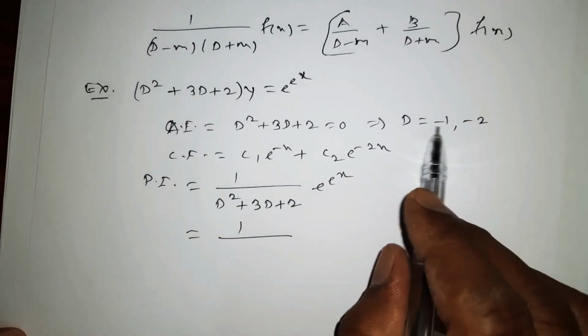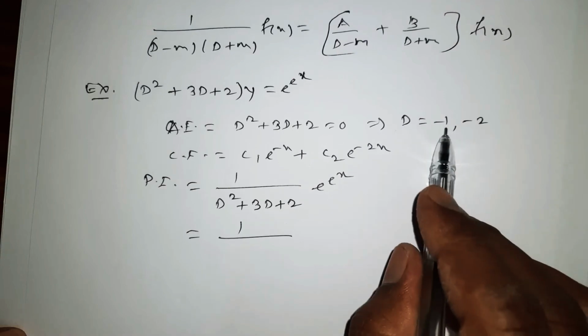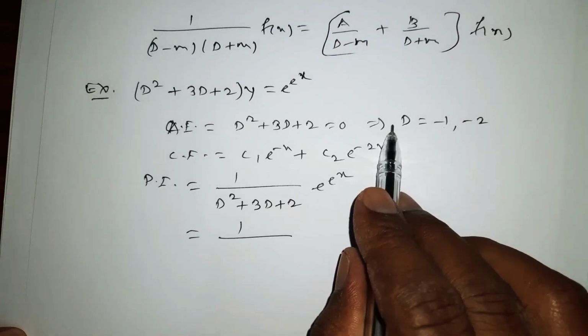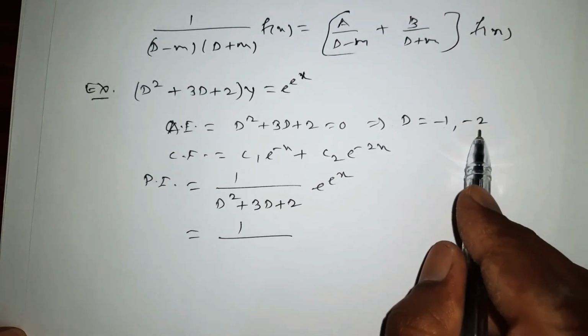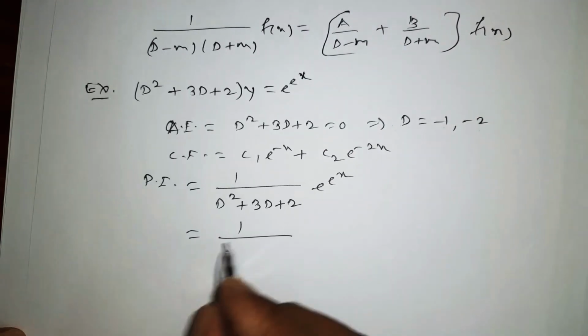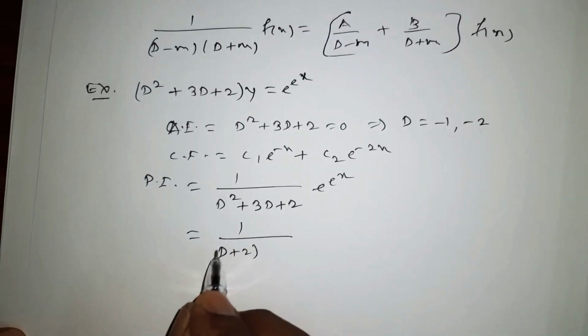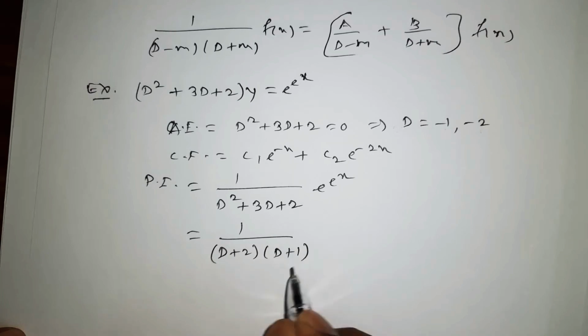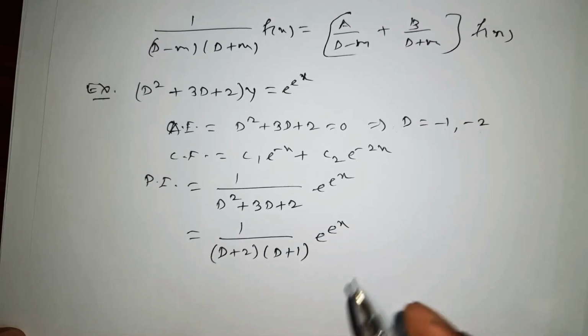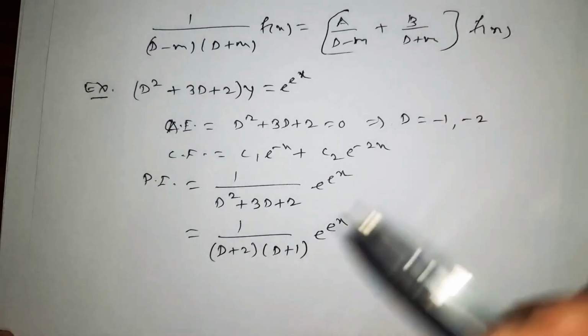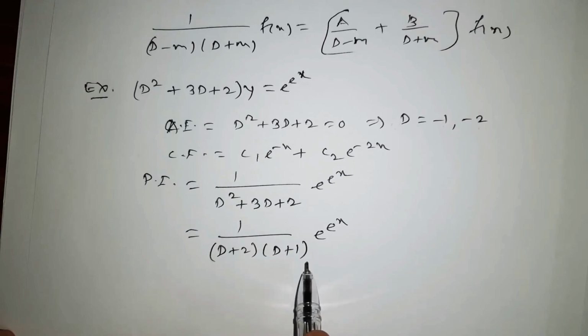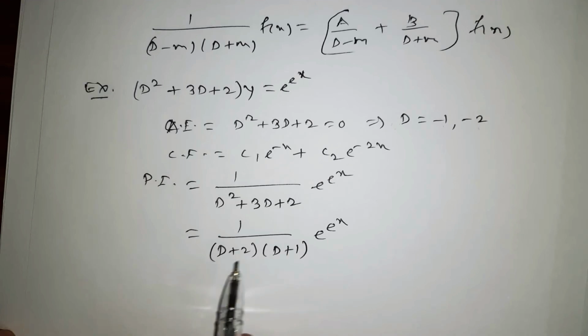Which are the factors? D plus 1, and transfer this minus 1 to this side, it will become d plus 1. Here transfer this minus 2 to the LHS, I get d plus 2. So, here d plus 2 and d plus 1 on e raised to x. As I told you in the concept, we are going to use the smallest number first. So, here the numerically smallest number, avoiding the sign, is 1. So, we can use 1 first.